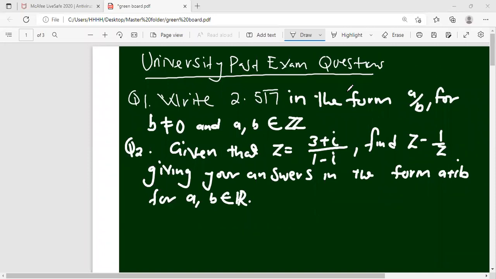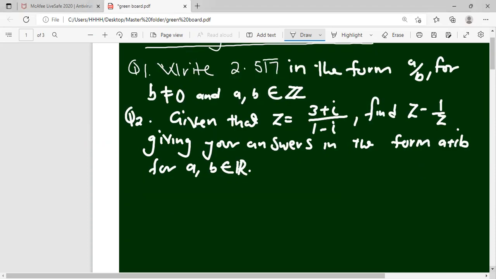Well, we want to solve some selected questions from the past exam papers from a certain university. All right, and we'll just do two. Okay, so the first question reads, write